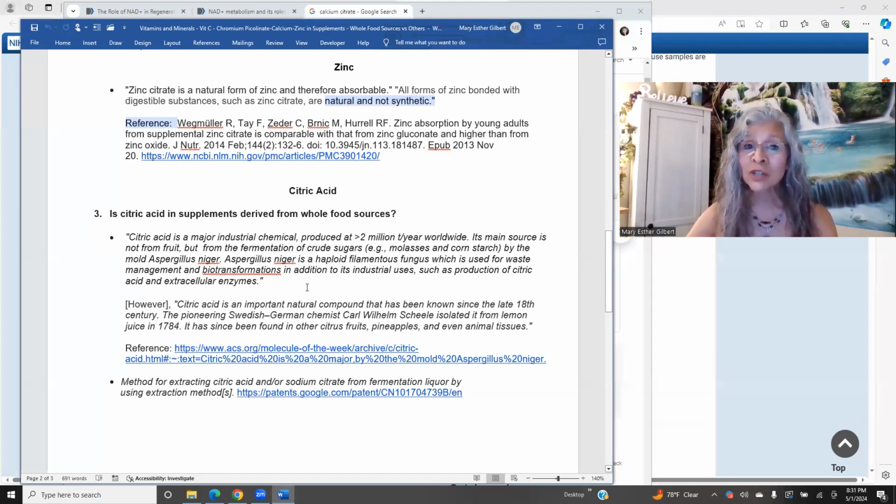However, this is a huge however, citric acid is an important natural compound that has been known since the late 18th century. The pioneering Swedish German chemist Carl Wilhelm Scheele, I don't know how to pronounce Scheele in German, isolated it from lemon juice in 1784. It has since been found in other citrus fruits, pineapples, and even animal tissues, meaning the animals have consumed,